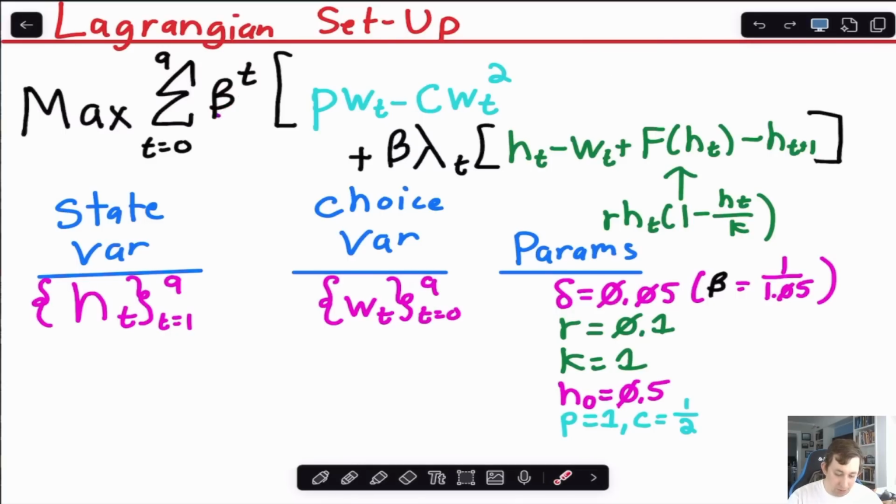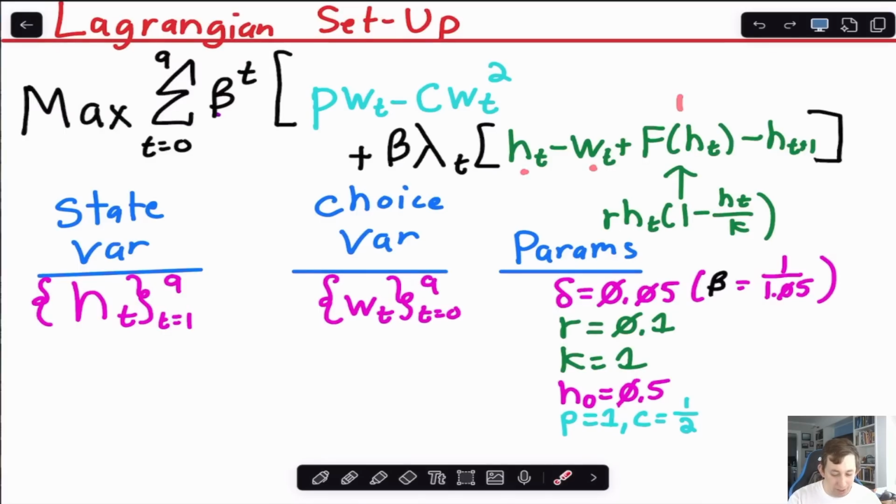And so what I'm going to do is set this up where I have beta^t times price W_t, where this is just my profit function here, plus beta^t times lambda_t, and then times my equation that determines how many elk I have in the next period, which is just H_t minus W_t plus net growth, minus H_{t+1}, where if I break this equation up into state variables, choice variables, and